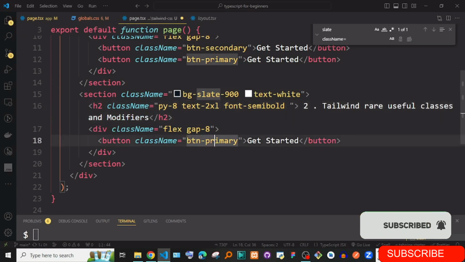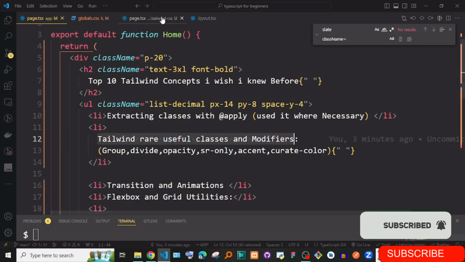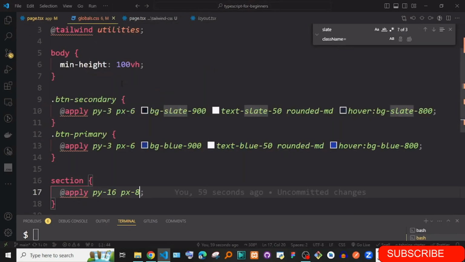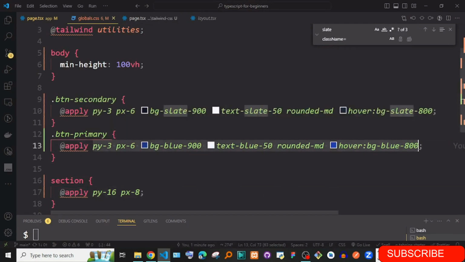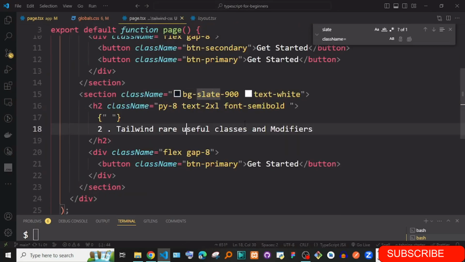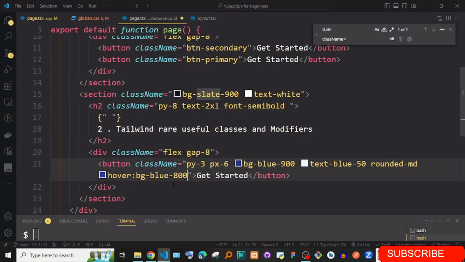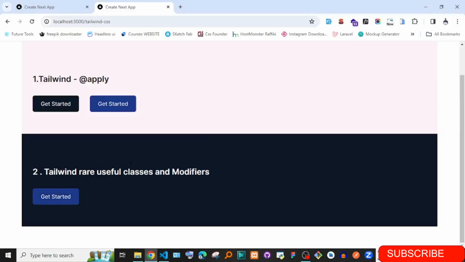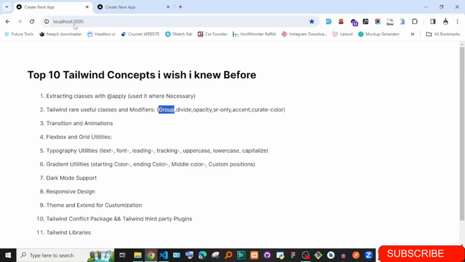So now I have this button, and I'm going to go back and copy all my classes back here, so that we don't get confused. I'm copying back, removing primary, and yes, we're putting this one. So now I have this button. To demonstrate the concept of group, the first concept I'm going to cover is